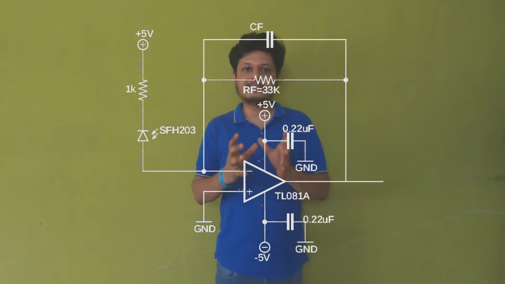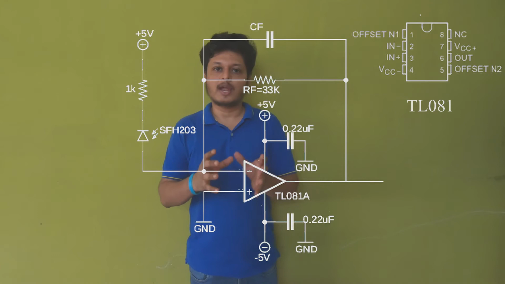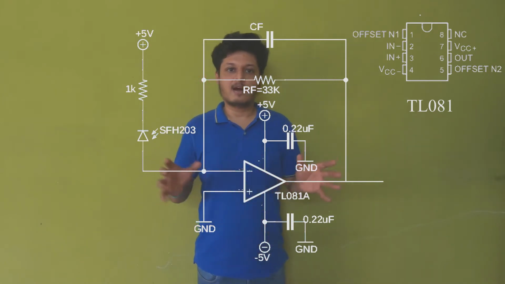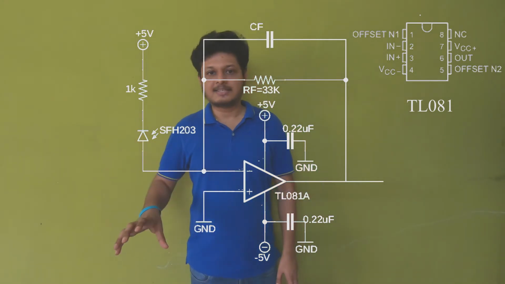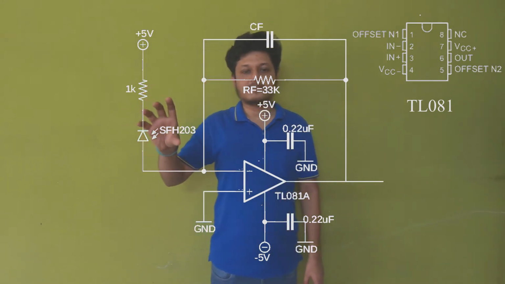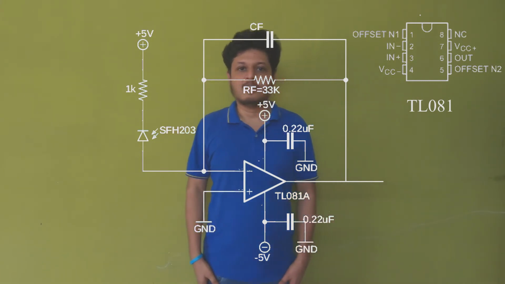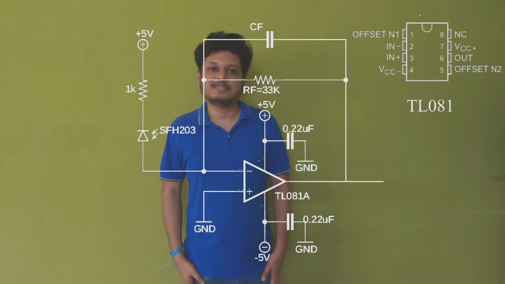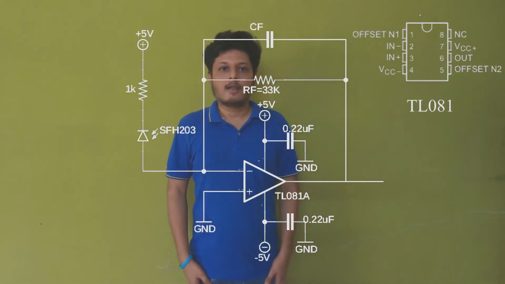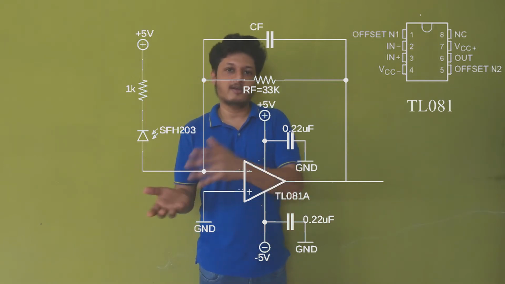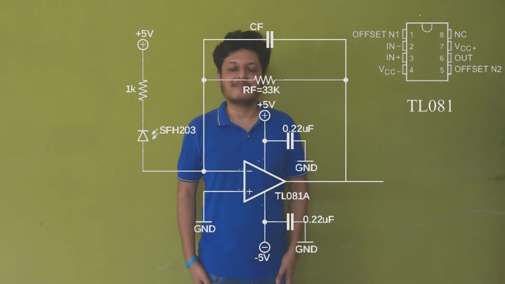It's very simple. It just has a dual supply op-amp. This op-amp is TL081 IC. It's a 3 MHz wideband trans-impedance amplifier configuration. At the initial stage, we have a photodiode SFH203P configured in reverse bias configuration using this 1 kilo ohm resistor. So the output of this photodiode will be a photocurrent.